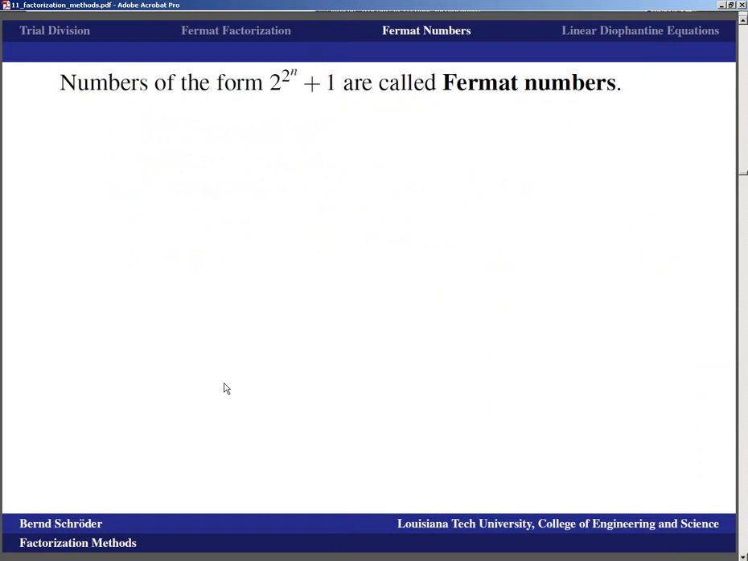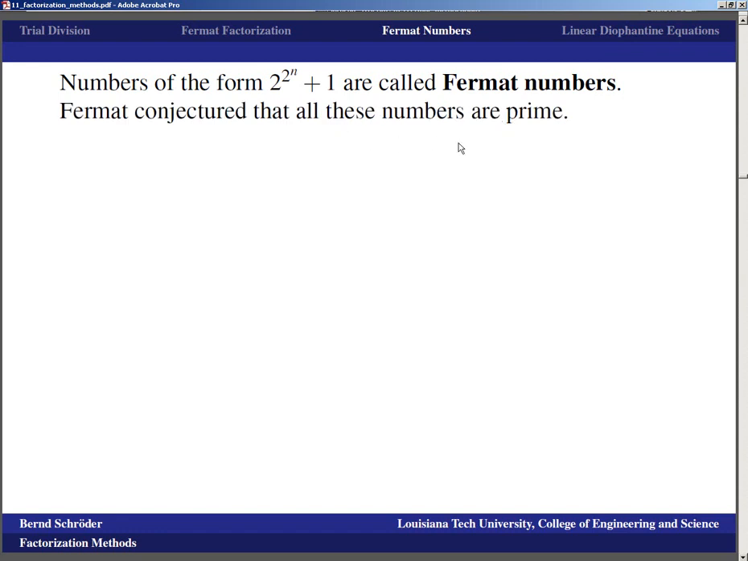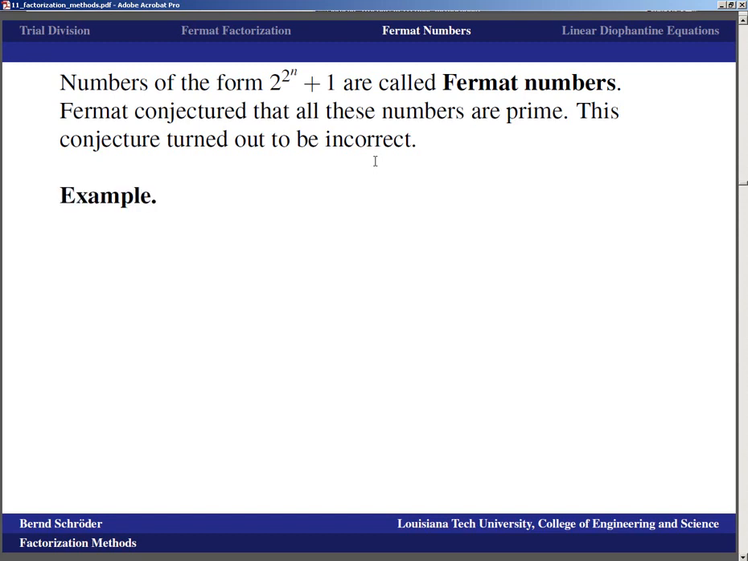Okay. On the other hand, Fermat factorization brings up, as often is the case in number theory, the name of Fermat. And Fermat had all sorts of beautiful conjectures. And so, for example, numbers of the form 2 to the 2 to the n, plus 1 are called Fermat numbers. And Fermat conjectured that all these numbers are prime numbers, and that turned out to be incorrect, in fact quite impressively so, because here's a first example. 2 to the 2 to the 5th plus 1 is equal to 641 times 6,700,417. That was observed by Euler in